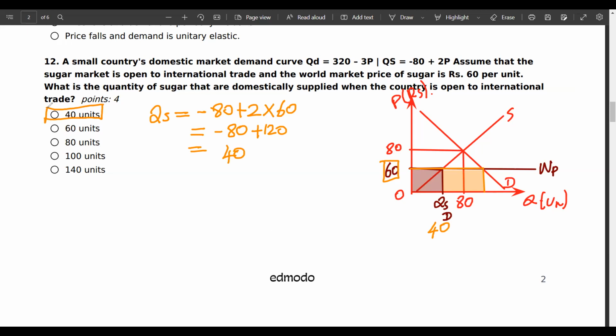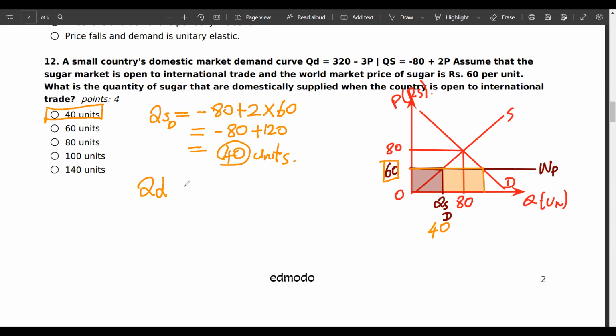Sometimes you can get a question like, what will be the imported quantity? For that, what you have to do is find out, okay, the domestically supplied quantity is 40 units. That's the supply. What will be imported? That extra unit that is demanded. So you have to first find out what is the demand,